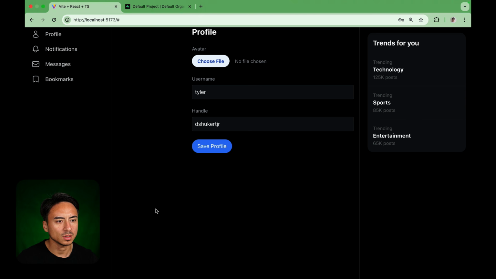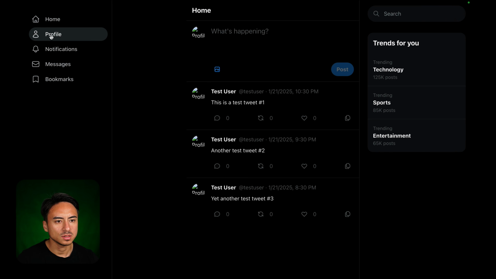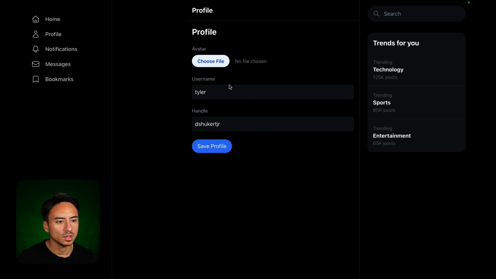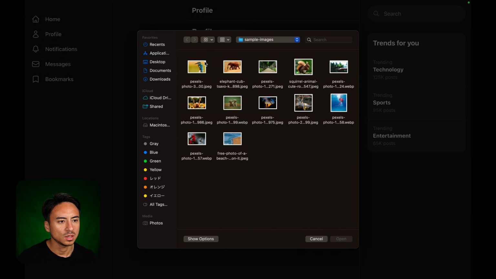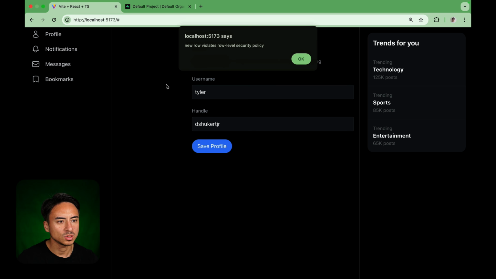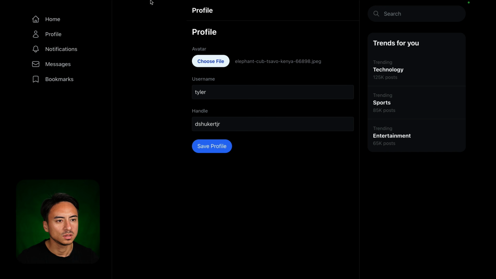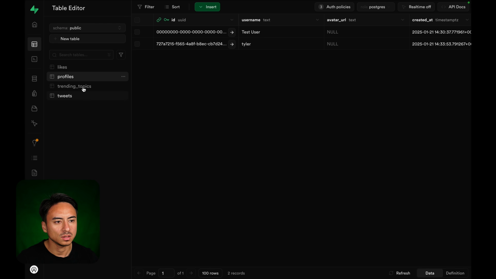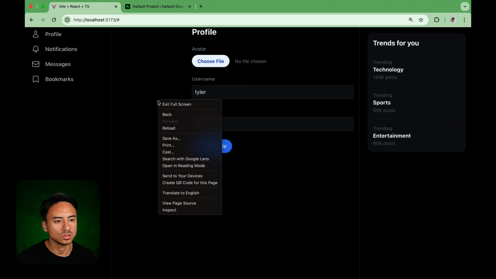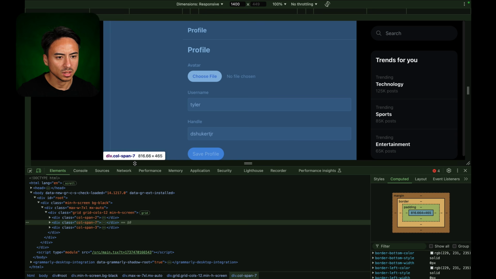So let's go back, hit refresh. There's the default values. That's great. Username, handle. I want to change my profile picture to an elephant and new row level security violated. Issue. So this is happening when